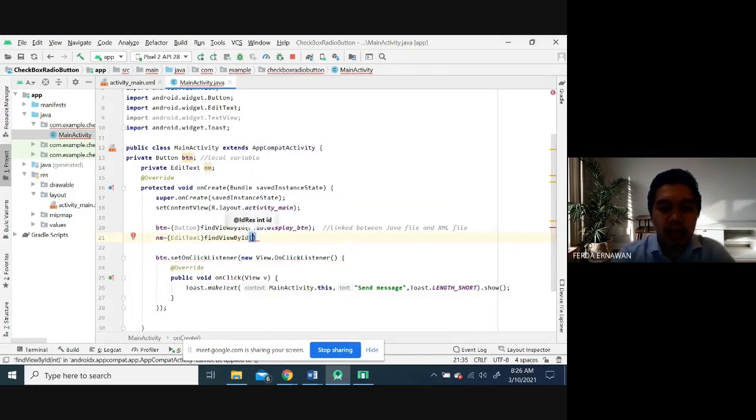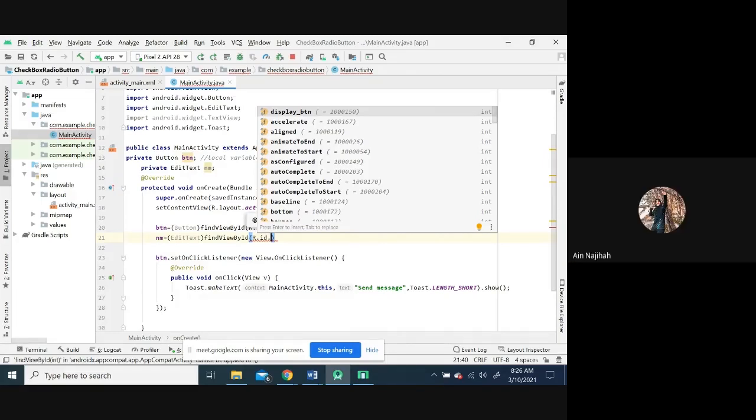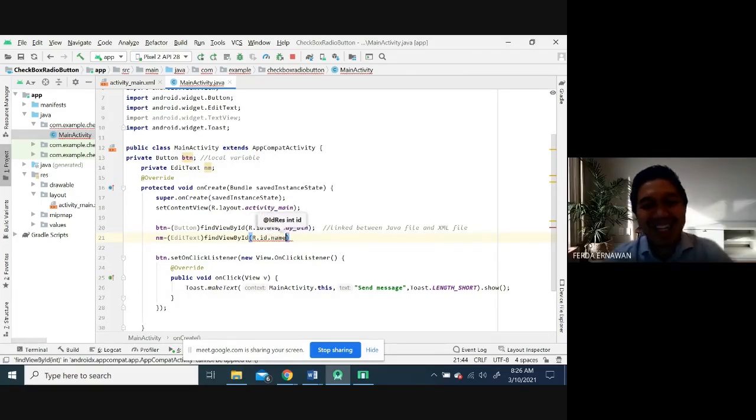View by ID R dot id dot, what's the ID? I forgot. Name. Okay, great. So you complete the link between the Java file and the XML file. You already also declared the variable, isn't it?